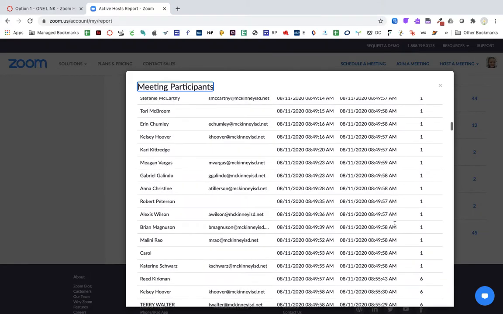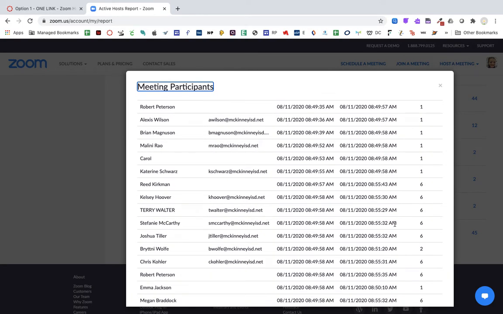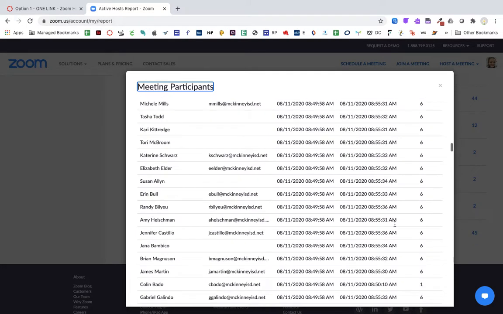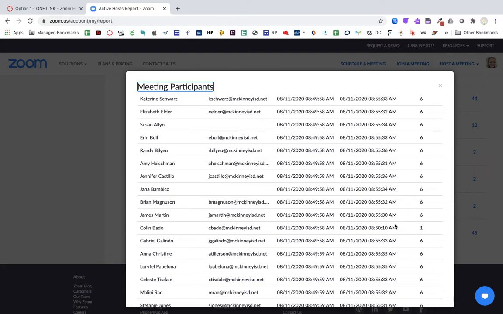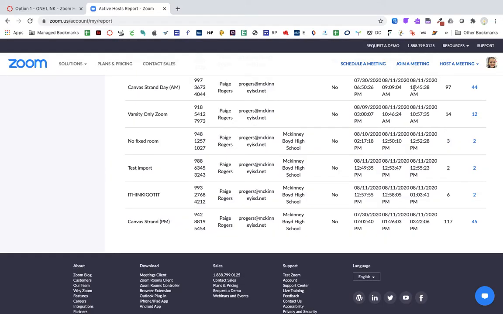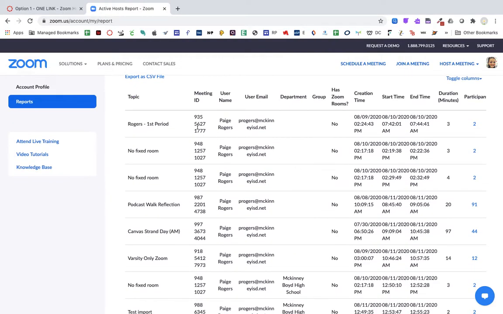Anyway, I feel like this is a really good option for you on the back end as a cover-all-your-bases record for your attendance. Okay, so again, this is going to be there for any meeting you run, no matter what option you choose, you'll have this report. So if you choose option 1, where you have a single button, then you'll need to remember that the name, Rogers-Algebra 1, is going to appear multiple times for every time you start and